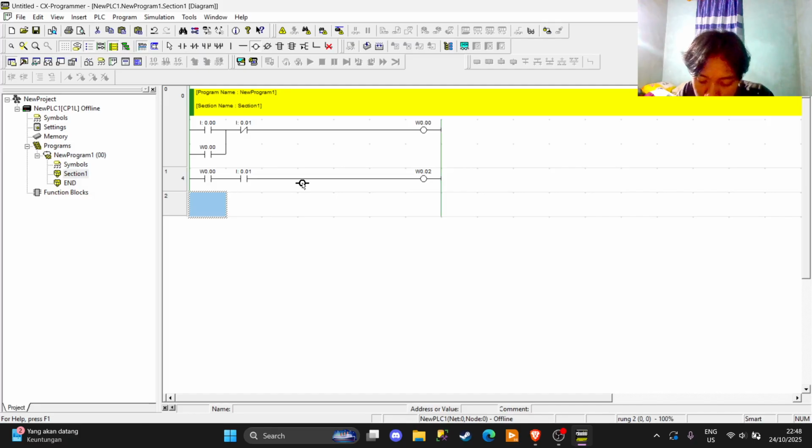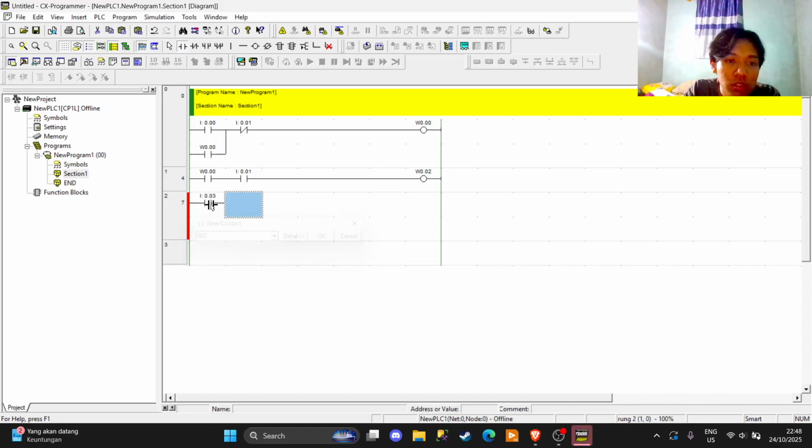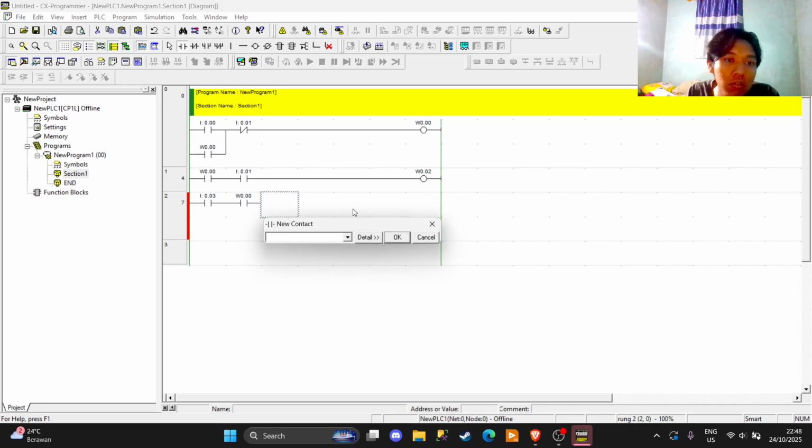In the second route, we're going to use the switch timer 003, and then the output from the interlocking is 000 and 001.